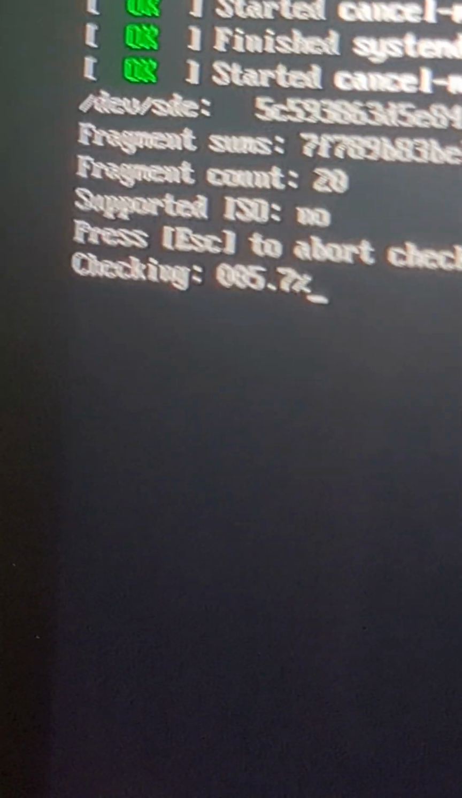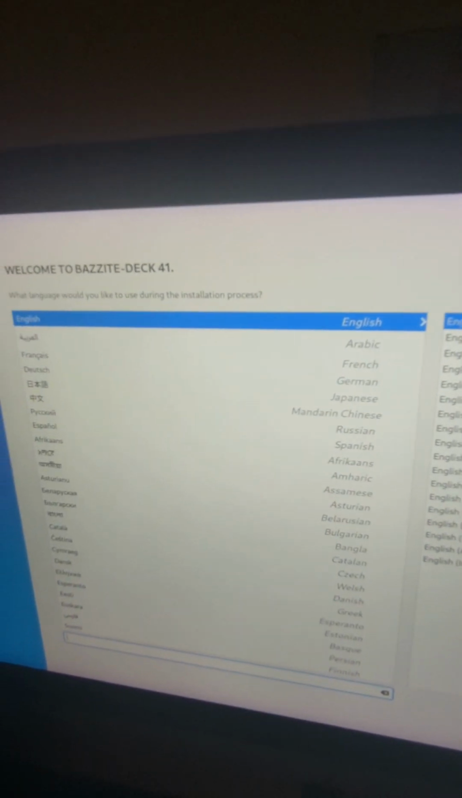What's it? Oh, okay, it's just checking files. Oh, okay. I don't know what that means. Anyway, micro SD card, likely no work. Okay, so